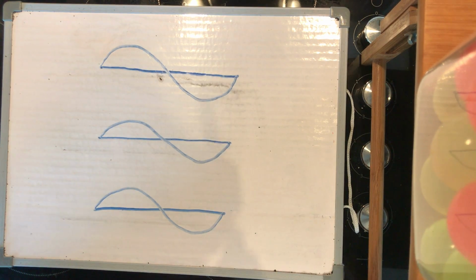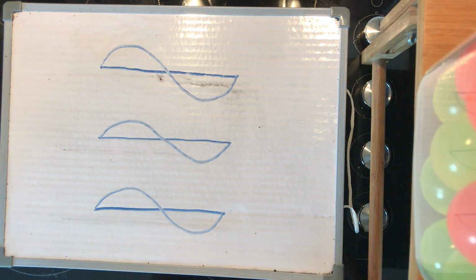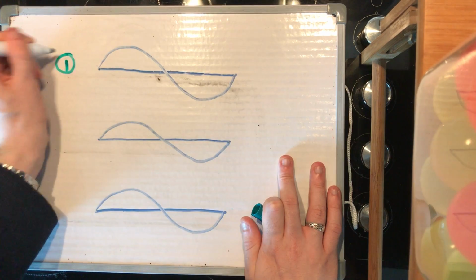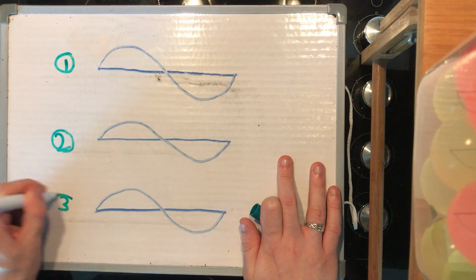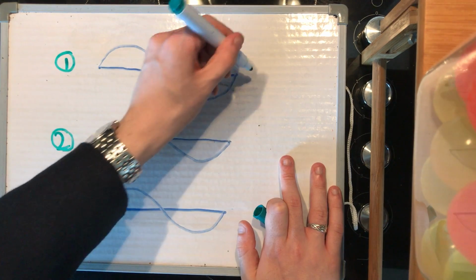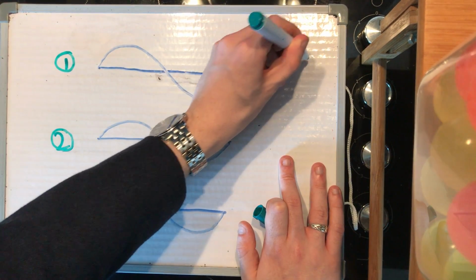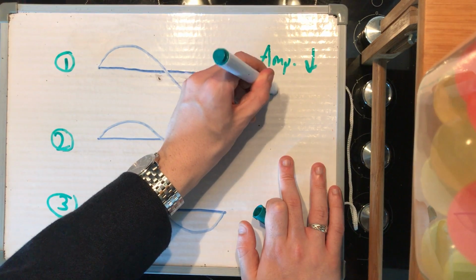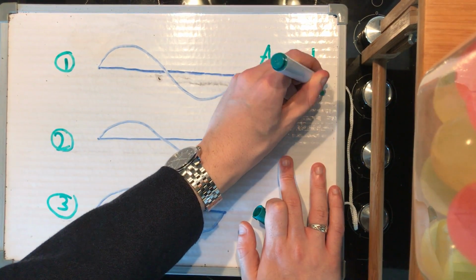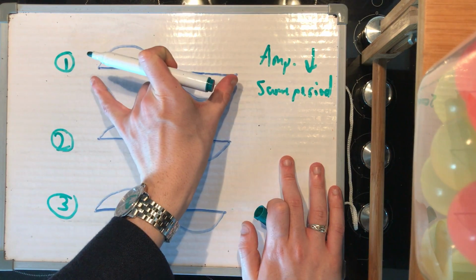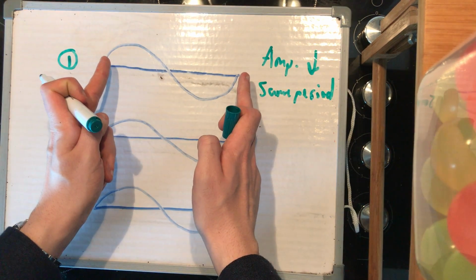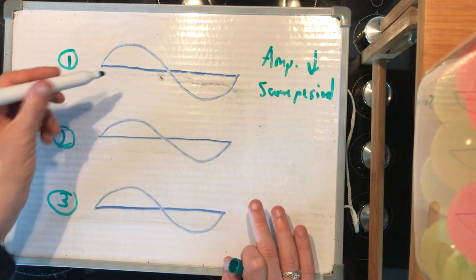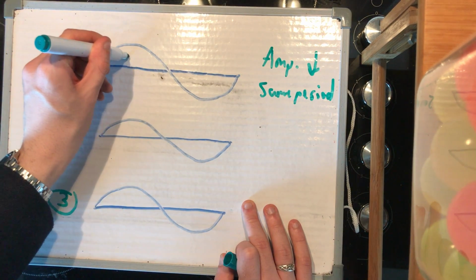So for the first one, I asked you to draw a waveform that had a lower amplitude but had the same time period, or the same period. So we're going to do that with our first one. We'll call this one number 1, number 2 and number 3. So this one we want to have the amplitude down but the same period, which means that the total length along here is the same, but the height is reduced. So it will look something